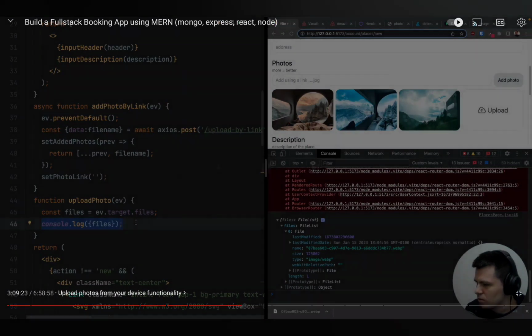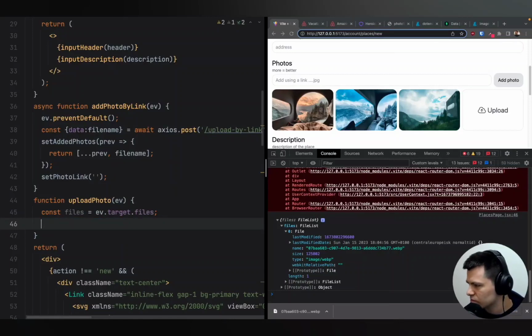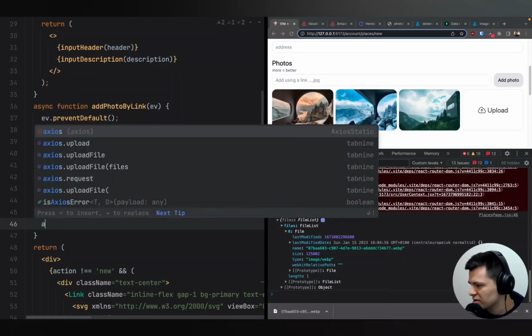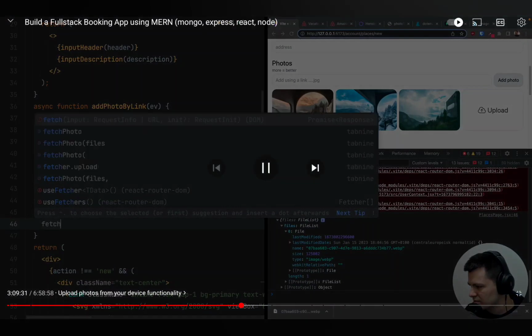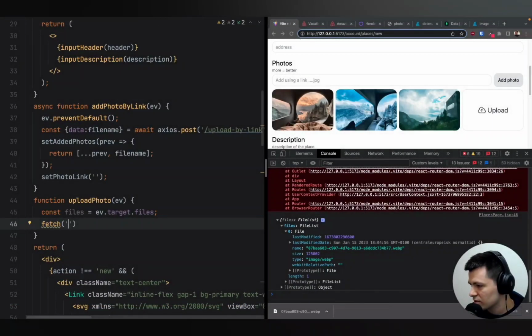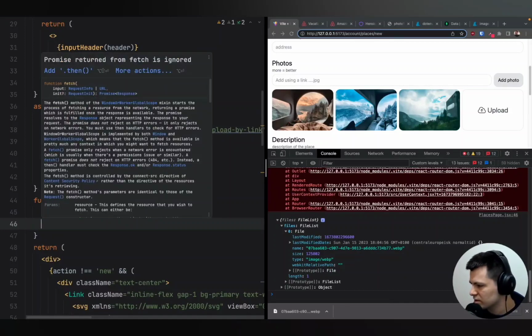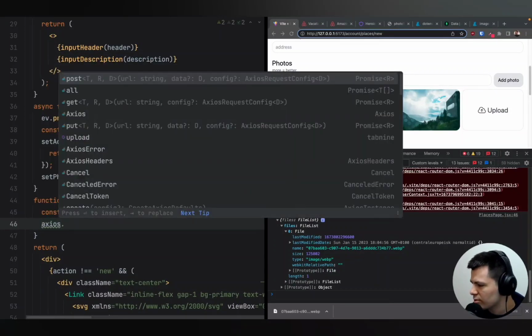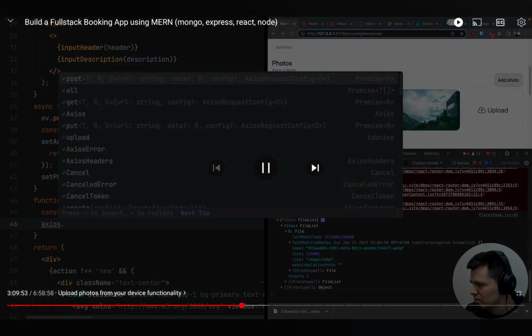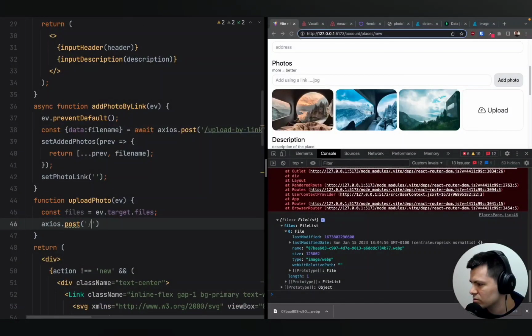So for upload, we can use Axios, but I think it will be easier for me to use fetch this time, because I know exactly how to send files with fetch. But well, I think that we can even do this with Axios, doesn't really matter. So let's do Axios. We were doing this with fetch many times in other tutorials. This time we will do all React requests with Axios. So it's the Axios, and it will be post to /upload, and then we will want to send some data,